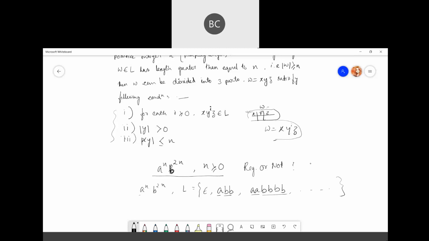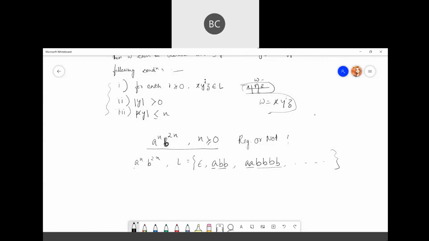So what you have to do is just take any substring. It's okay to take the minimum one, but let's take this one. Suppose I'm taking the substring aabbbb, number of a's 2 and number of b's 4. We have to divide this substring into three parts.